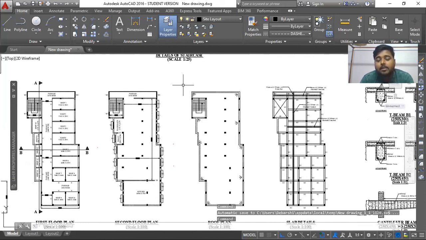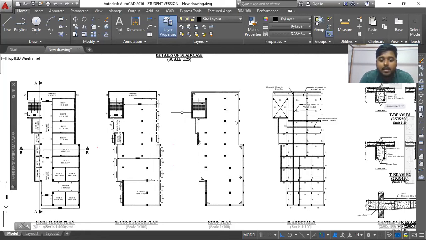Okay, but let's suppose you are assigned as an engineer, architect, or whatever, as a freelancer, to submit a 2D plan, and at the same time you desperately want to impress your client somehow. So in that case, you want to know how can I show my 2D drawing in a more beautiful way? How can I make it better? How can you show it better? So in that case, there is a thing.